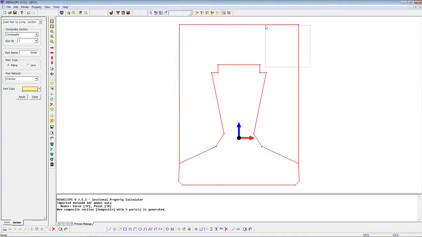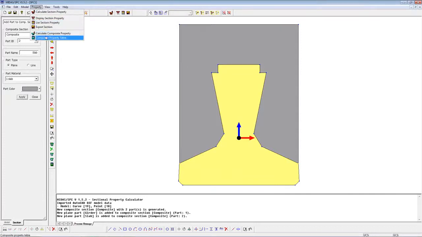So select everything, and I'll deselect the slab lines, apply, and then slab, this is part 2, slab, just maybe change the color to this one, and again select everything here and just unselect the members here,